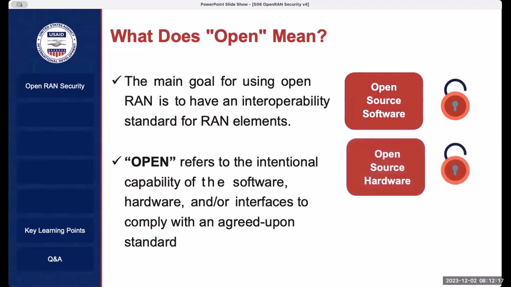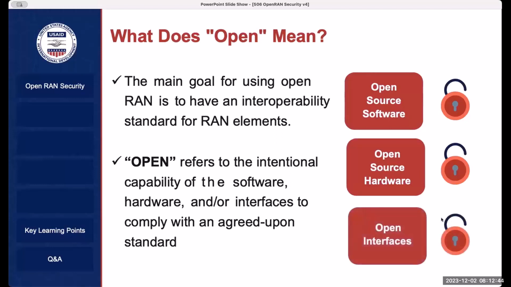We also might be discussing open source hardware. Some designs and architecture might be open source by various vendors, but this does not necessarily mean that if you design and create a component for Open RAN, you are required to do open source, unless you are basing your design on an open source hardware.